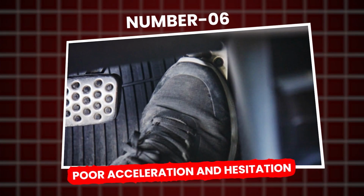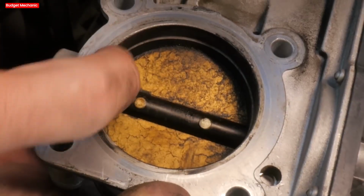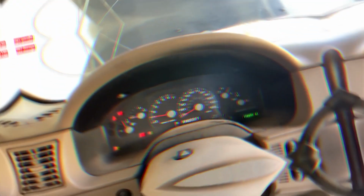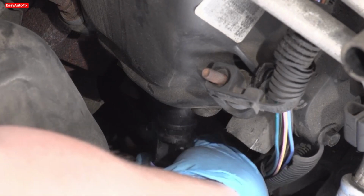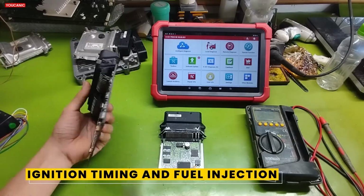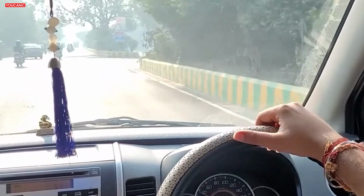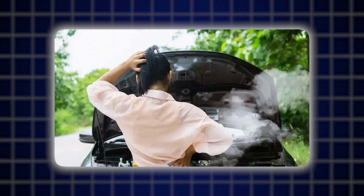Number 6. Poor acceleration and hesitation. Another clue is poor throttle response. The car hesitates or lags when you press the gas pedal. With a healthy CKP sensor, the ECU smoothly coordinates ignition timing and fuel injection when you accelerate. When the sensor is bad, that timing gets scrambled, so the engine may stumble or chug as you try to